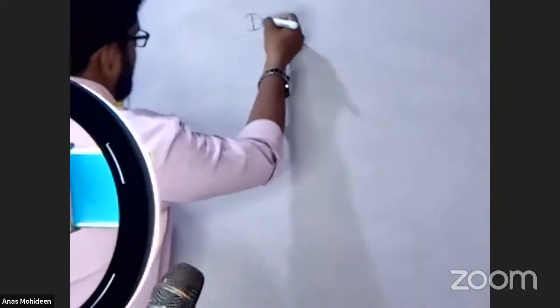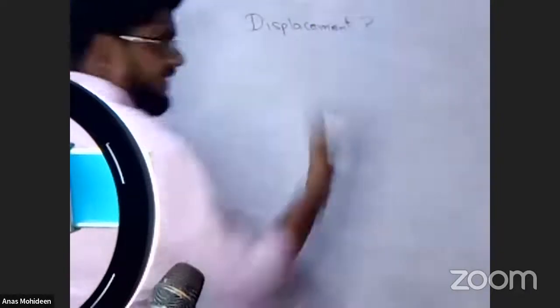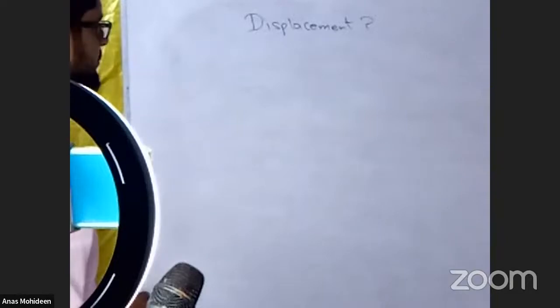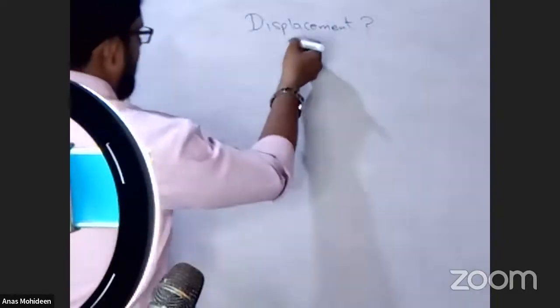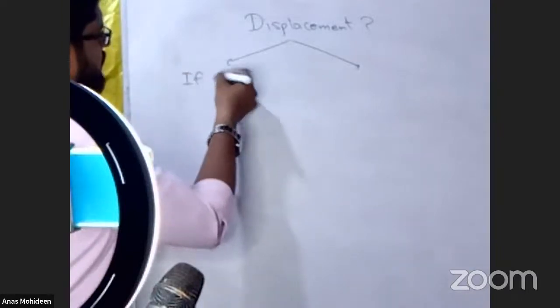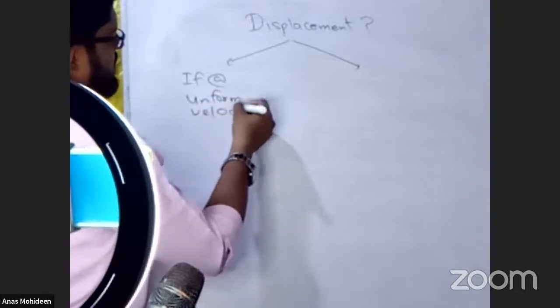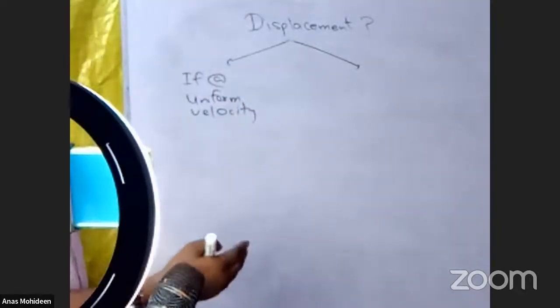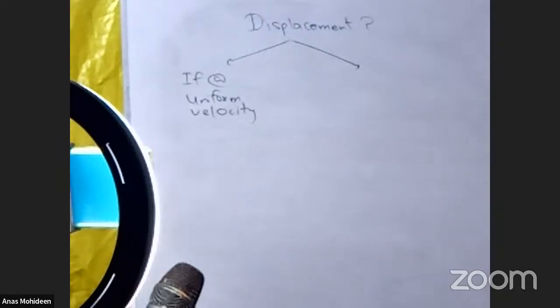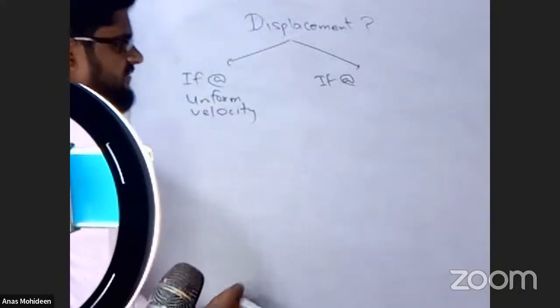All right, so let me take it this way. We want to find out the displacement. I'm going to divide the motion into two ways. One, if moving at uniform velocity. So we spoke about this now. Uniform velocity means it's moving at the same velocity. The other one is if it is moving at